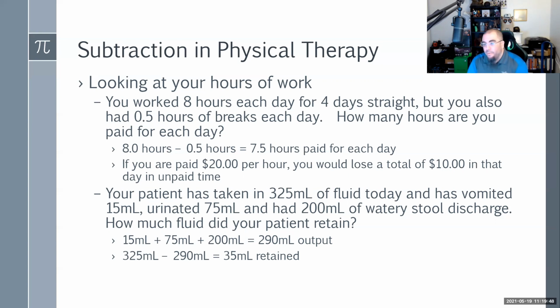Well, in this case, the first thing we have to add up is the amount of stuff that went out and subtract that from the amount of stuff that came in, right? So we add up the 15, the 75, and the 200, and we get 290 of output. The 325 is our input. So our input minus our output means that they retained about 35 milliliters of fluid. This patient is probably dehydrated,